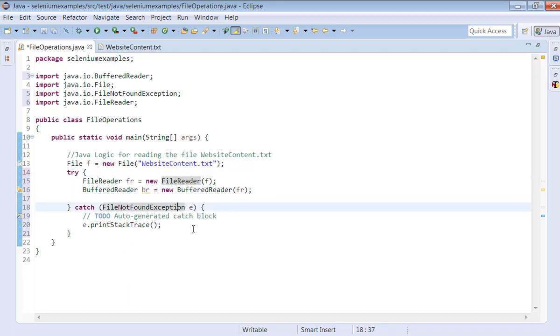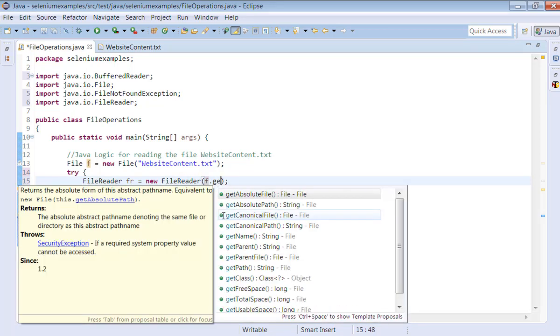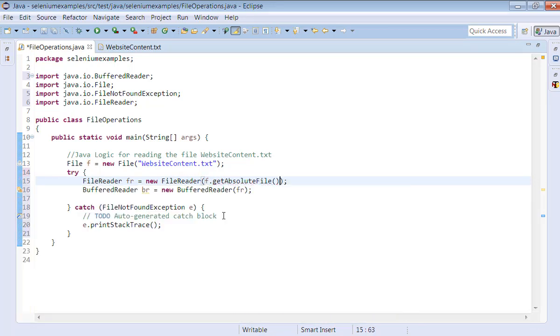Now, we have to read the file. If you want to read the file, one more important point we need to understand. Whenever we need to read a file, it is important to pass the full path, the absolute path of the file. So here, the line number 15, we have to pass the absolute file path.